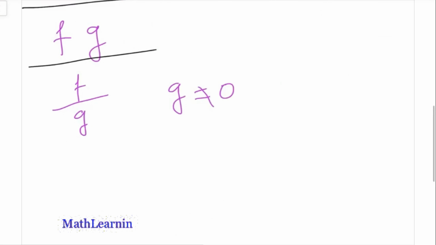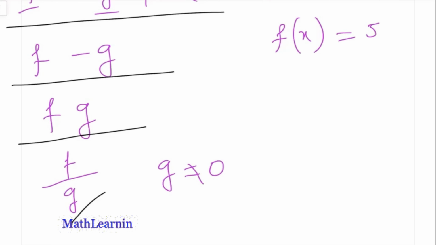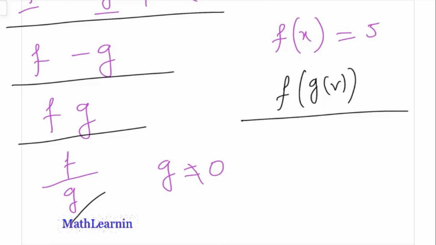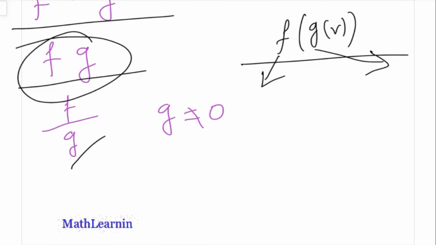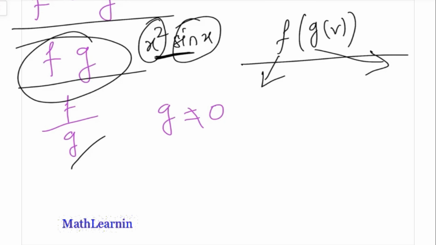After that, which type of function comes? There is a function inside a function. What is it called? Composite function. Yes, this is a very special type of function, the composite function. Can somebody give me an example of a composite function? I can take one example of f and another of g, and then compose them. Like here, if I want f into g, I can give x square into sin x. So x square is an algebraic function and sin x is a trigonometric function. I am finding the product of them, an example of f into g.